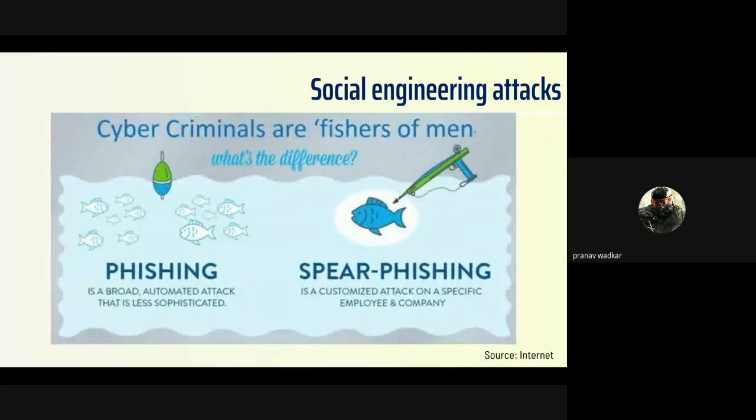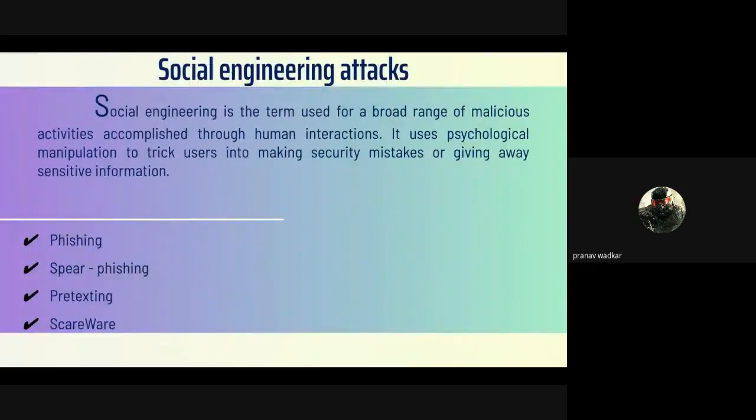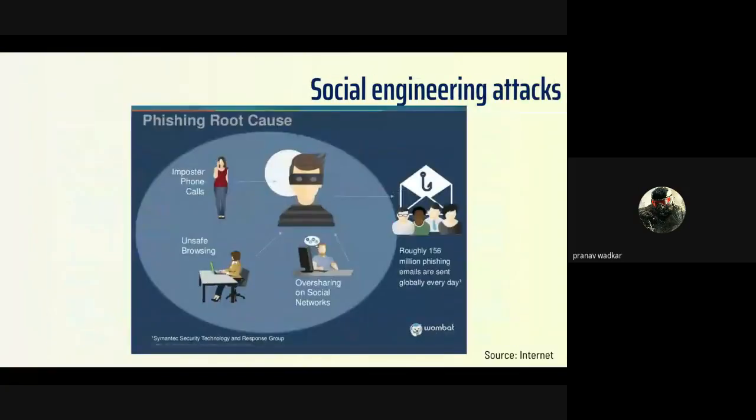So there are many types of social engineering attacks, right? There is phishing, spear phishing, pretexting, scareware. So let's start with the phishing attacks. A phishing attack is where the hacker doesn't communicate with you directly, but sends you malicious mails, designed in such a way that they make you feel the sender is authentic. You click on the link and the hacker gets your credentials and all other information extracted. So that's the phishing attack.